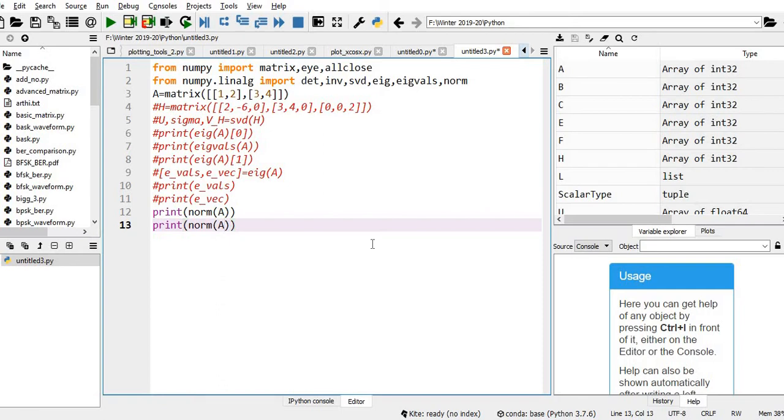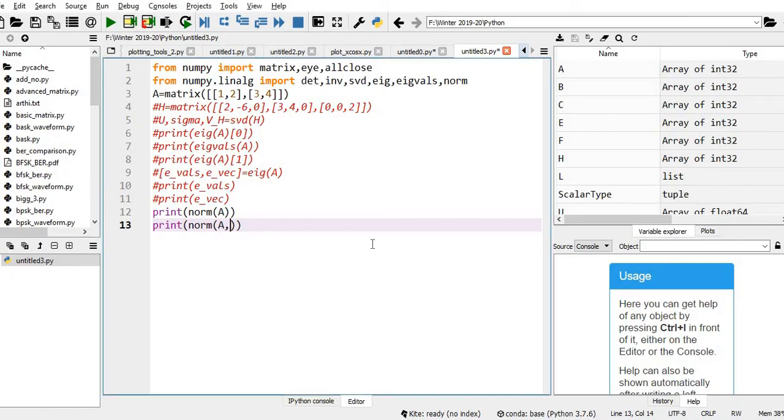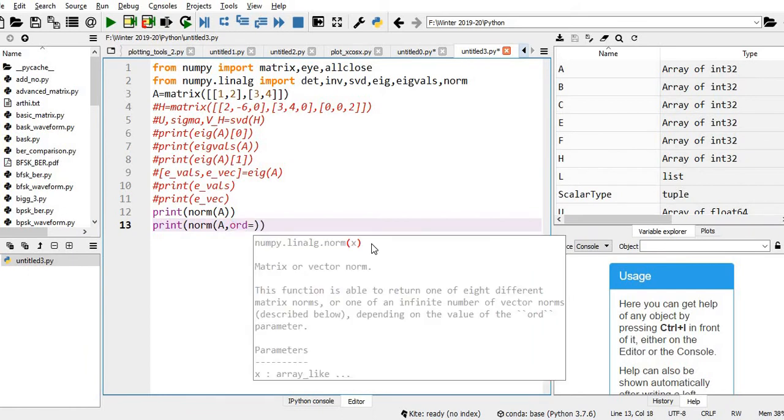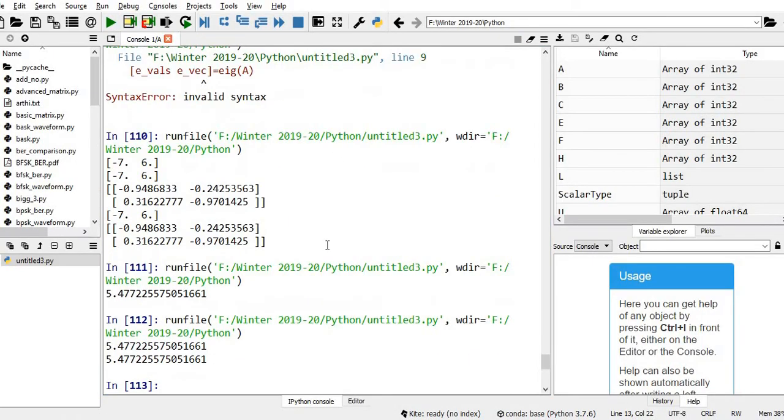Norm A, let me see the syntax: order, ord, Frobenius norm. You just see it is giving the same answer. So whether you mention Frobenius or don't mention, it will find out the Frobenius norm or Euclidean norm.